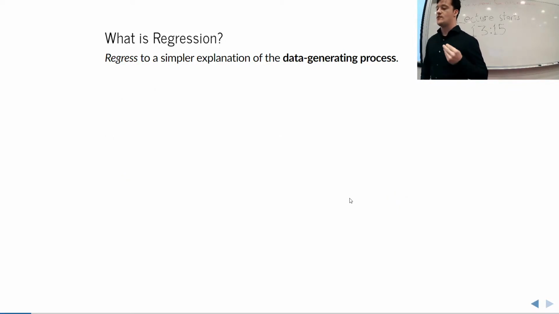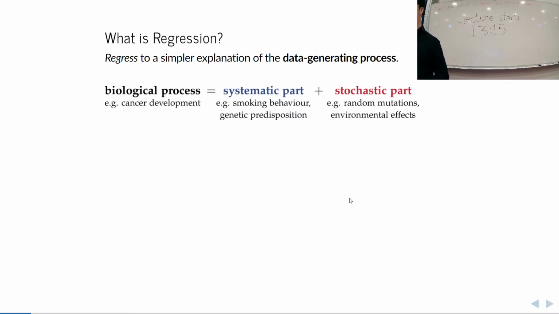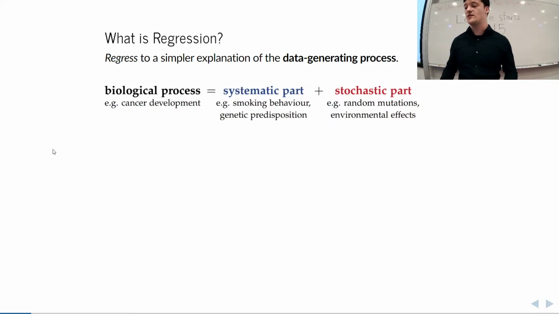So what we're doing is trying to get a simple explanation of the data generating process. And that's a very important term because we have a sample. Usually when you do research, you collect observations, or you do an experiment and you record stuff, but you're not interested in the exact findings of your experiment. You're not interested in your sample. You're interested in whatever your sample came from. So that is the biological process, like for example, cancer development. Any form of regression essentially says that this biological process is a combination of a systematic part, the one we want to extract, the one we're usually interested in, and a stochastic part,